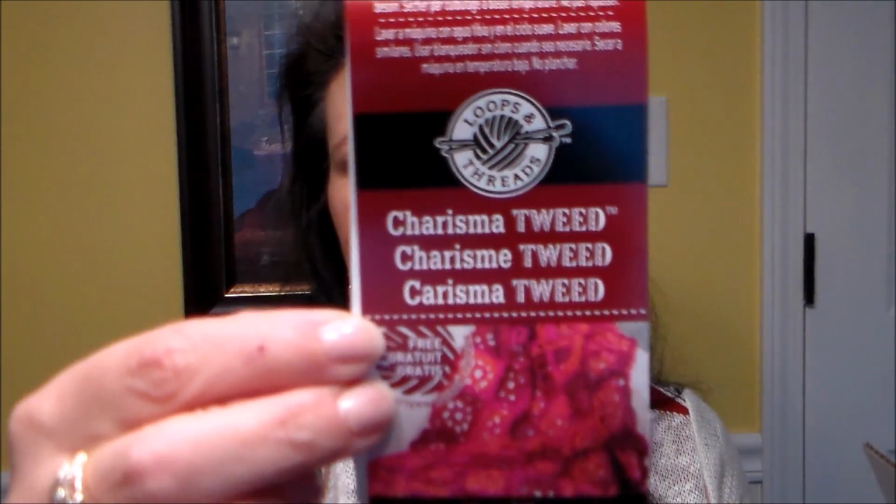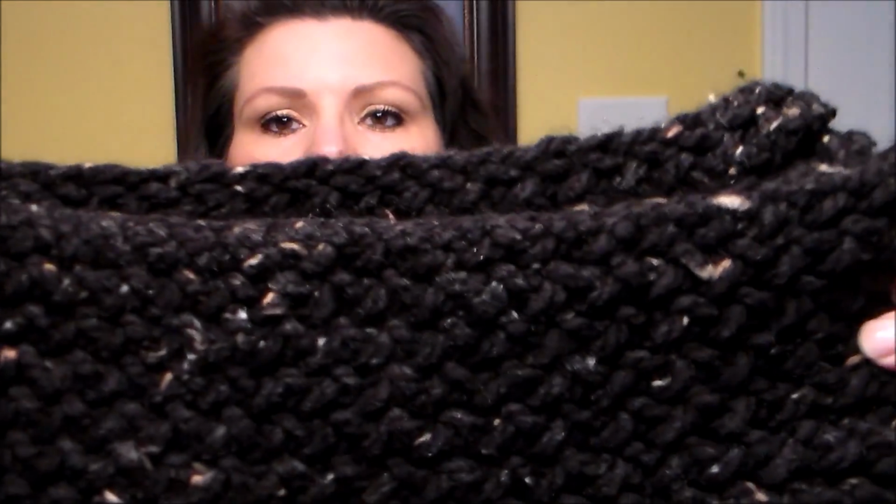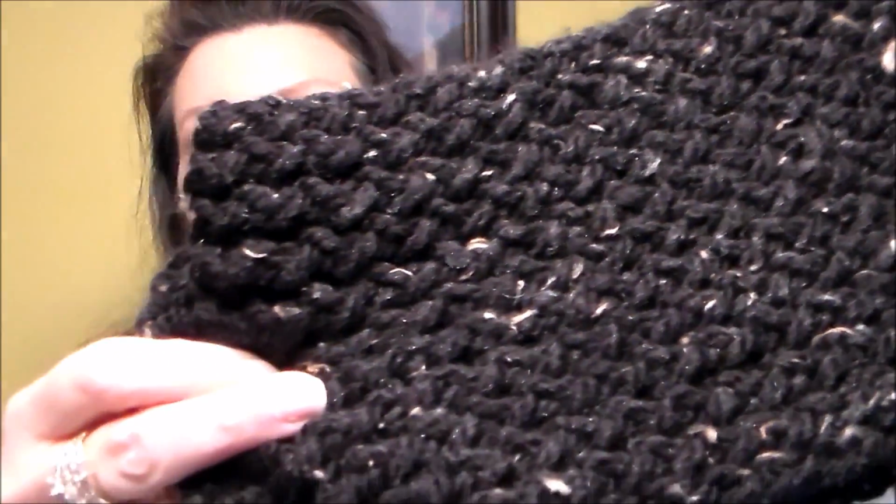Okay, up next I have, this one is from Loops and Threads. It's a Charisma Tweed, and the color is black. And it is black with little shades of gray and brown throughout, like little dots. Then next,